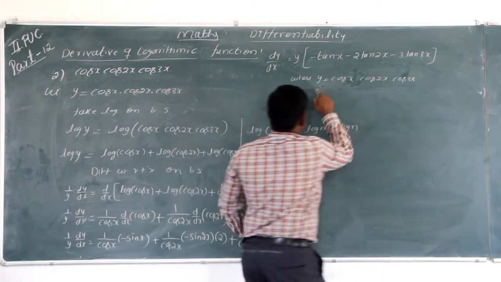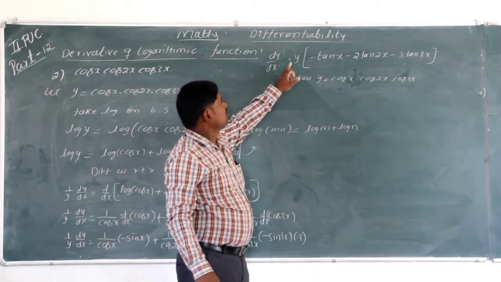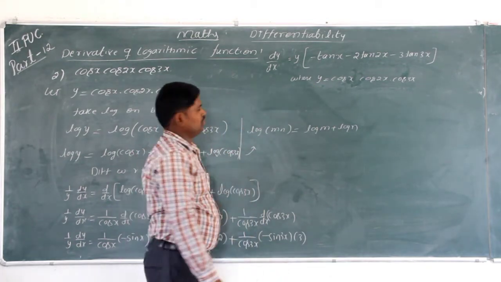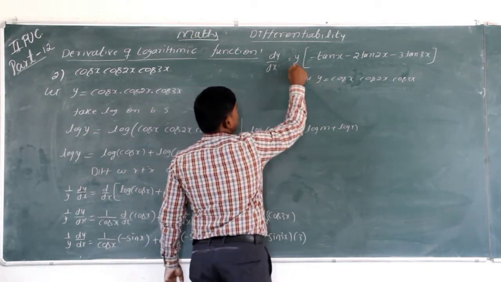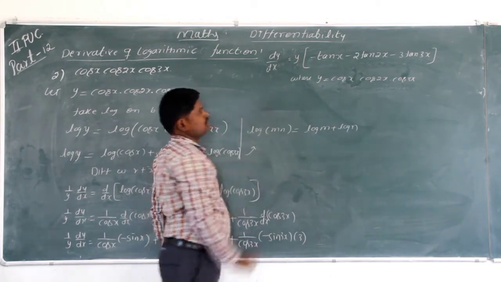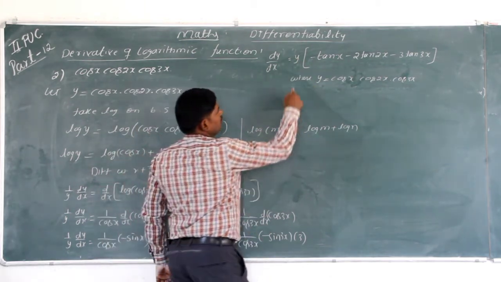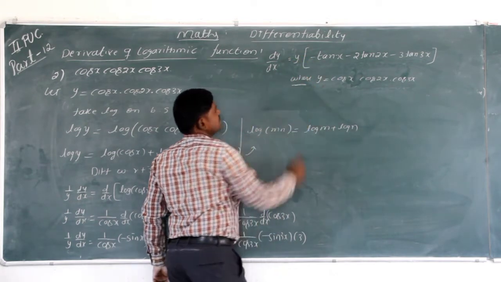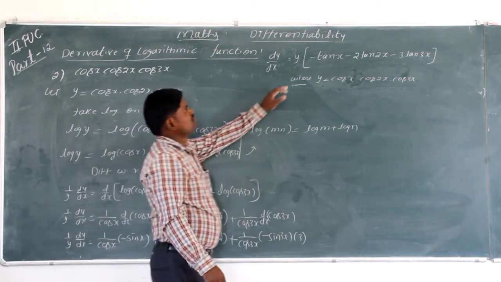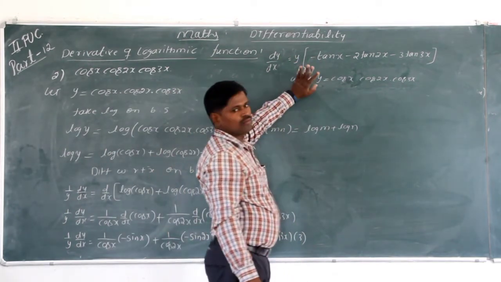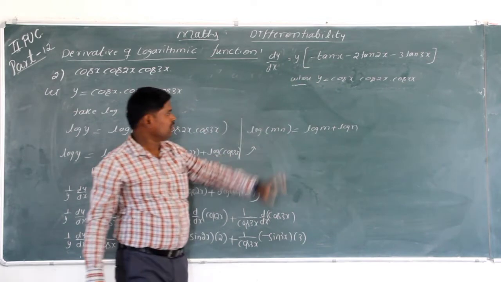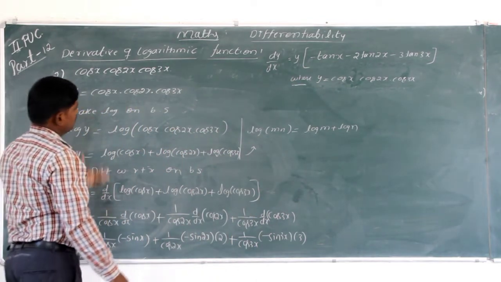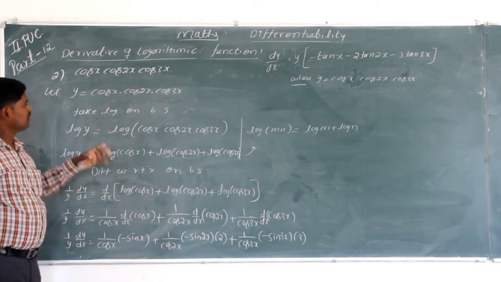You must write what y is here. Unless we write y here, we lose 1 mark. So you write y is equal to this term, or write where y is equal to x. Then there is no problem. If you take minus outside, no problem. I'll keep it as is, no problem. Write down, this is the derivative of the given function.